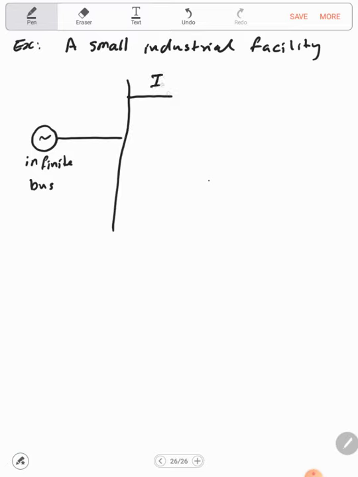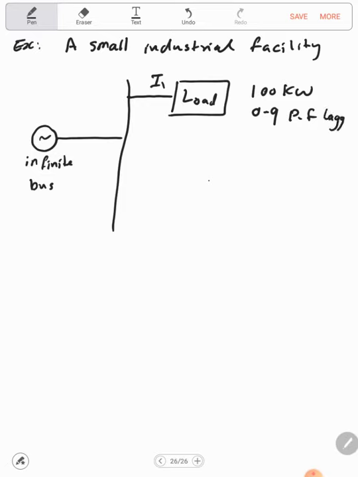The first load consumes 100 kilowatt at 0.9 power factor lagging, so it can represent induction machines, let's say. The second load